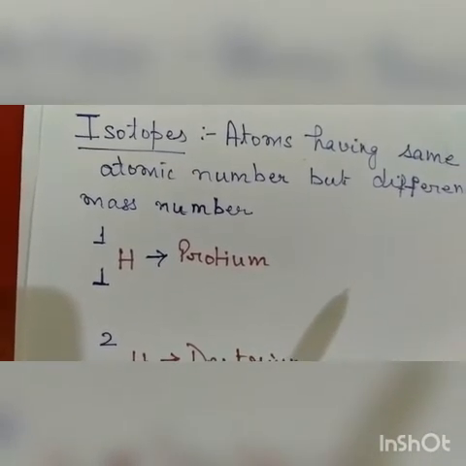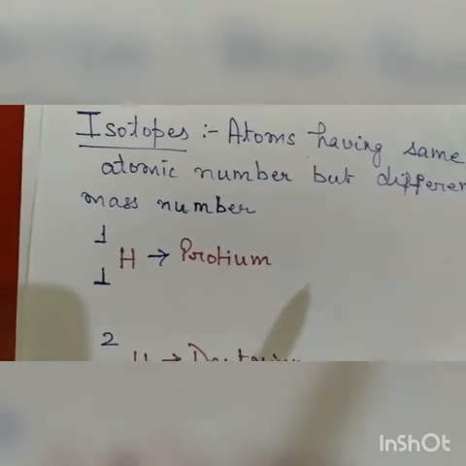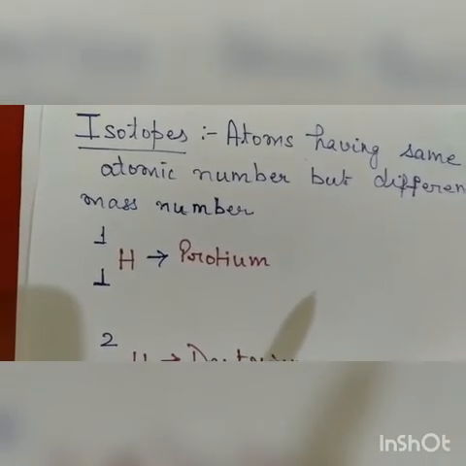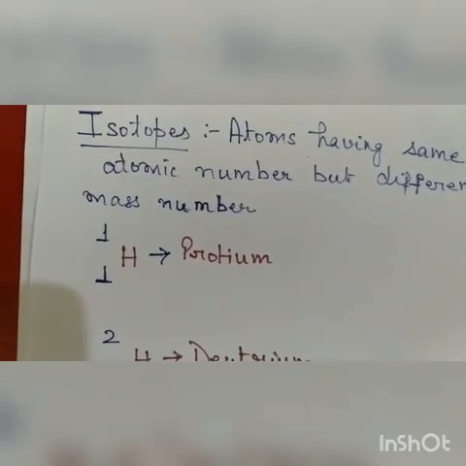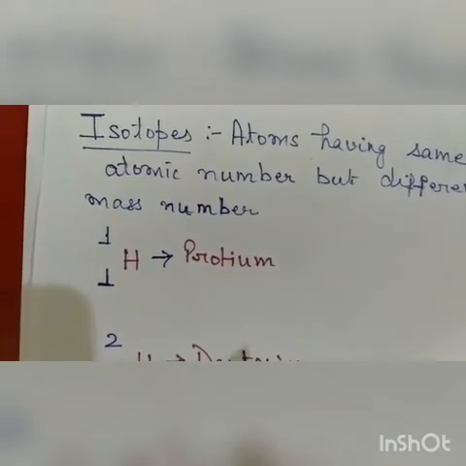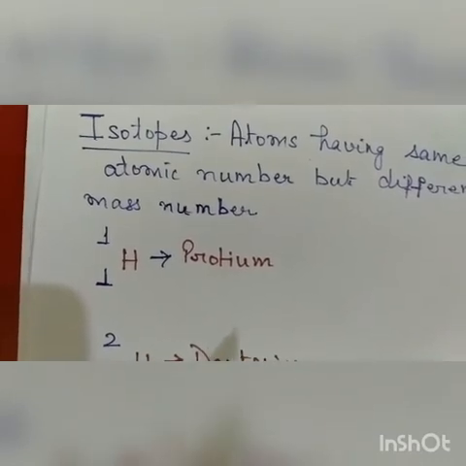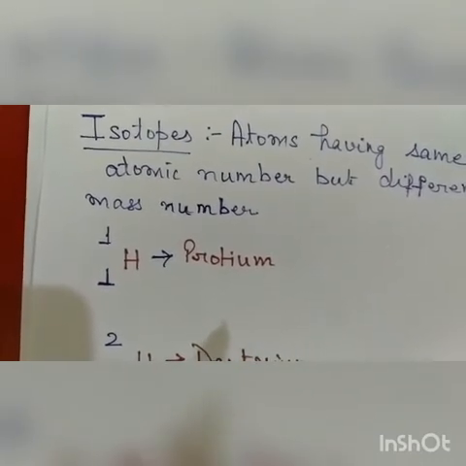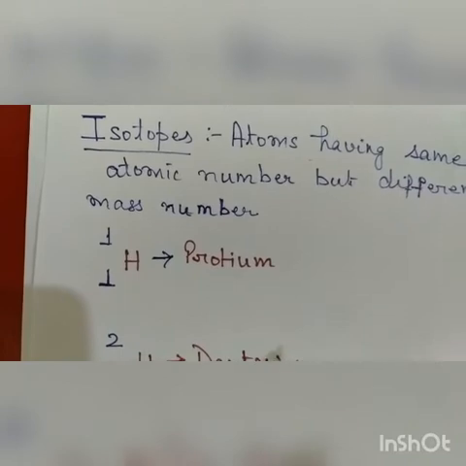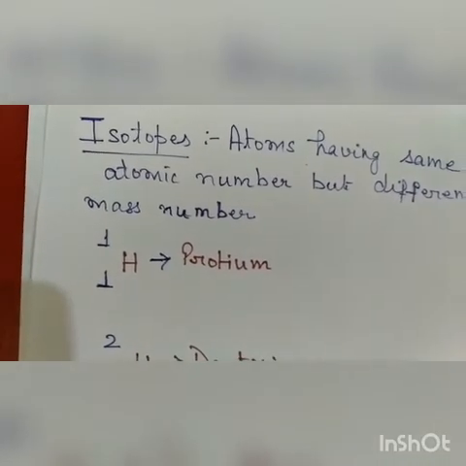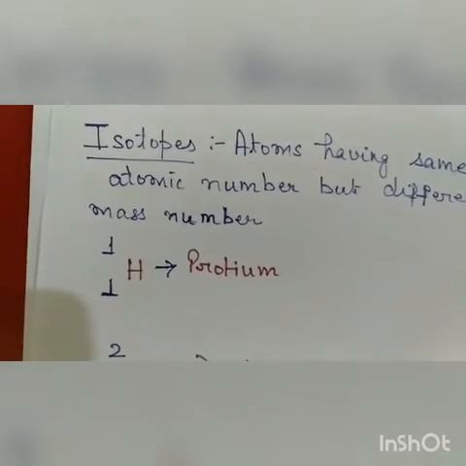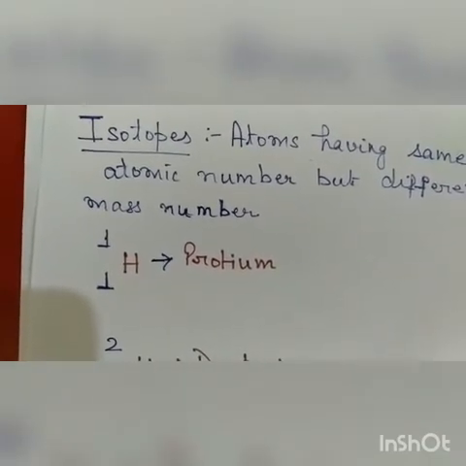For example, let us take an element A. It is an element, so it will consist of a large number of atoms. The atoms will be similar, but in isotopes, let us say element A has 2 isotopes. So it means that element A will have 2 types of atoms in it. Is it clear?